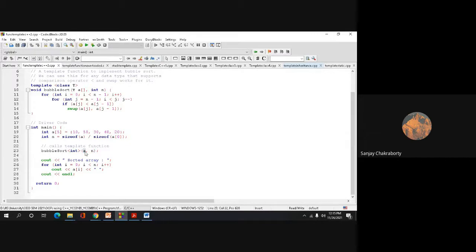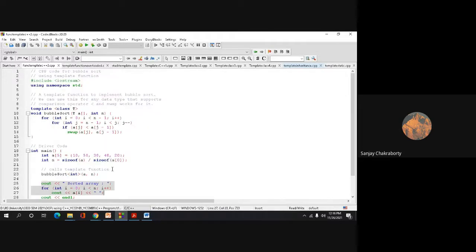One is the name of the array. If you remember, this is a simple function call. When we pass an array through a function, instead of passing the size along with the array name or square brackets, we have to pass only the name of the array as the first argument, and as the second argument of the function, we pass the size of the array, which we will receive in such a fashion. And here we simply print the array after sorting. After sorting, the sorted array will look like this.